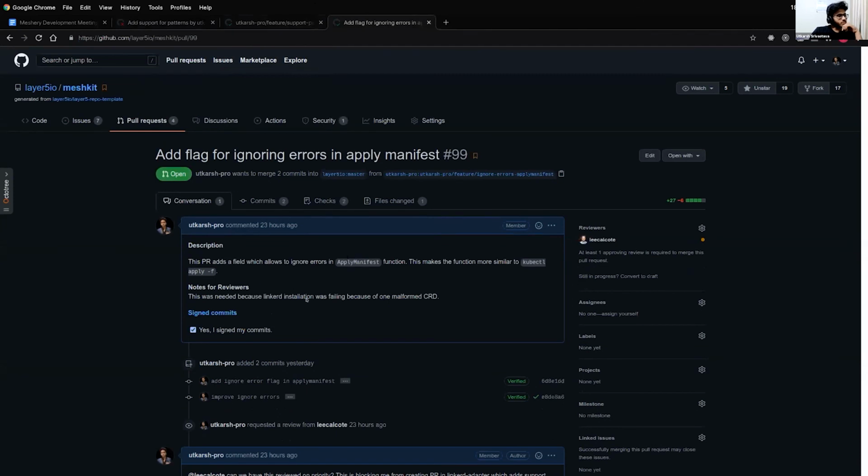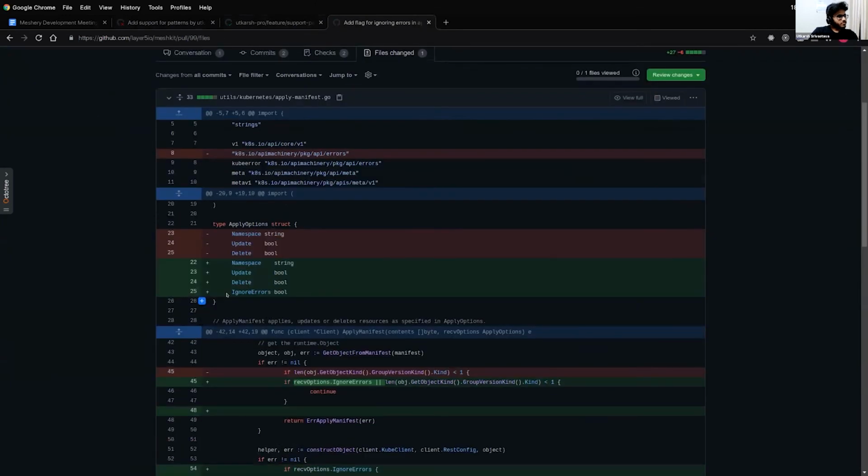That is, I'm proposing to add one more flag so that the default behavior doesn't change. But if an adapter opts in, the proposal is to add this flag, ignore errors. If this is true, then it will go ahead and try to apply all of the manifests. If any manifest application results in an error, it will skip that and move ahead instead of throwing an error right away.